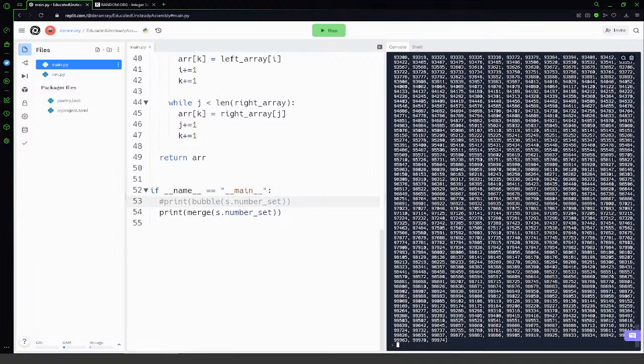But as we also saw, when our set was small, it didn't really matter. So as long as you have control over your set, you know how small it's going to be, it doesn't really matter how you approach the problem because,